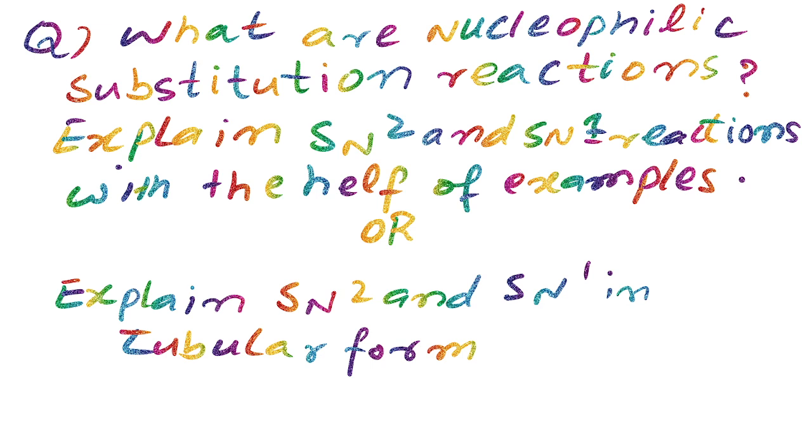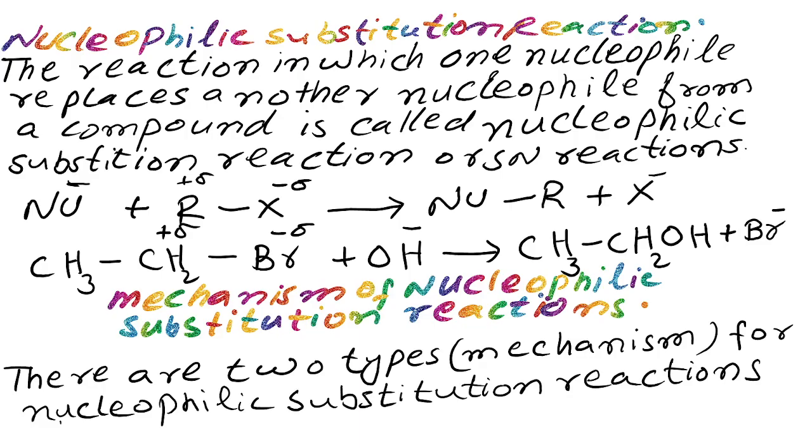Today's topic is nucleophilic substitution reactions. What are nucleophilic substitution reactions? Explain SN2 and SN1 reactions with the help of examples, or explain SN2 and SN1 in tabular form. So let me first define what nucleophilic substitution reactions are. The reactions in which one nucleophile replaces another nucleophile from a compound are called nucleophilic substitution reactions, or SN